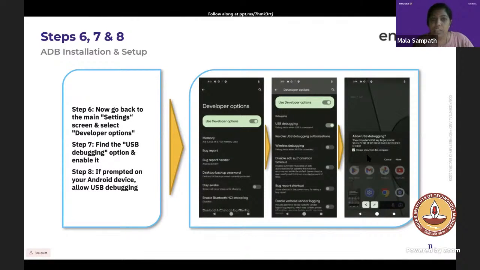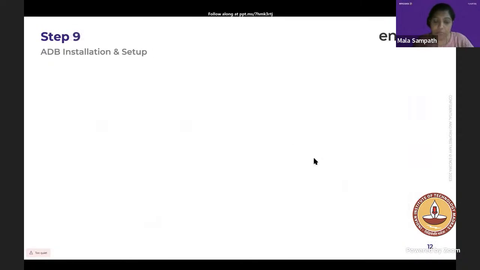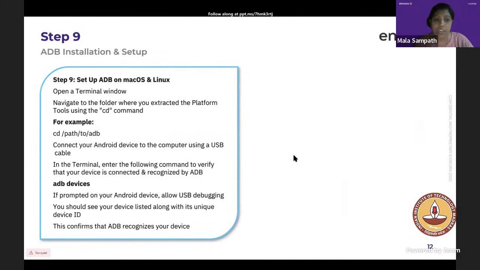While doing this, on your phone in the notification screen, you will be able to find a few radio button options like file transfer, image transfer, and just charging your device. With that, we will find USB debugging as well once these options are enabled. So you will get a pop-up on the screen where you have to check this allow box. And once you allow the USB debugging, you will be able to find in the notifications that you are connected